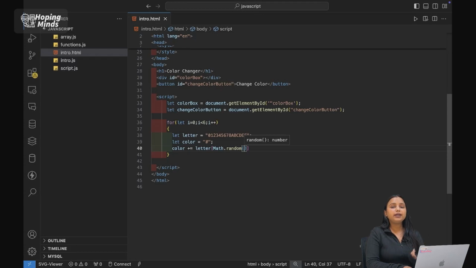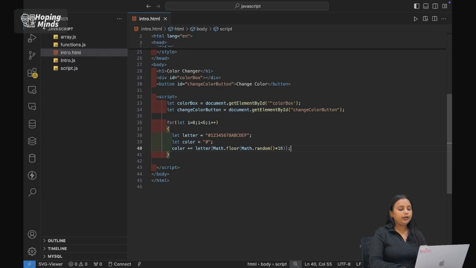Now I want hexadecimal, so it will be multiplied by 16. I don't want decimals like 0.12, 0.13 and so on, so I want to use Math.floor so that it will be converted into an integer.